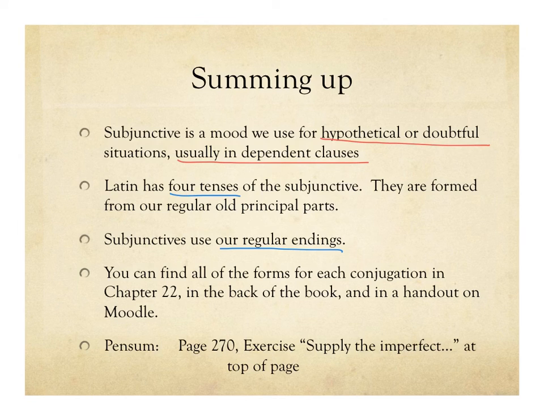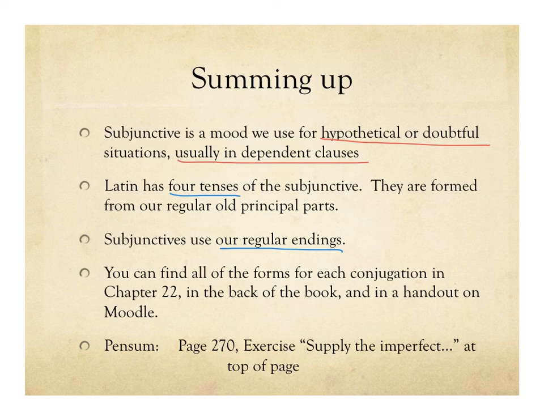Okay? If you want to see lists of all of these forms written out in excruciating detail, you can find them in chapter 22 of your book. You can also find them in the back of your book. And I will post a handout on Moodle where you can also see them sort of all together in a way that I hope makes sense and makes it logical for you. But really, they follow really regular patterns, and there's nothing really new here, nothing that you don't already know. We're just going to be